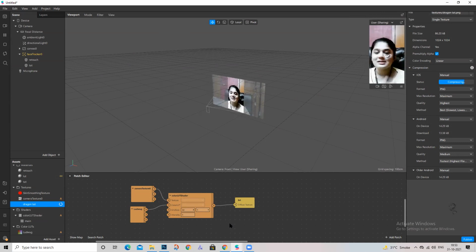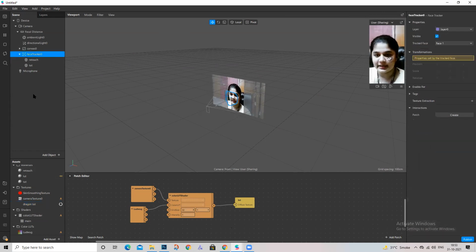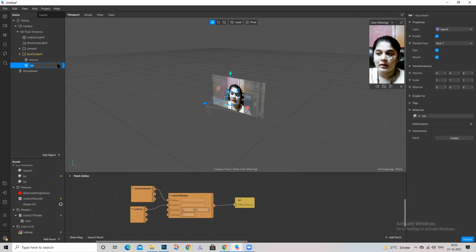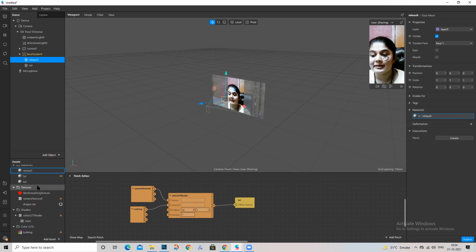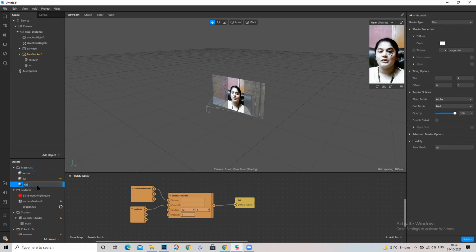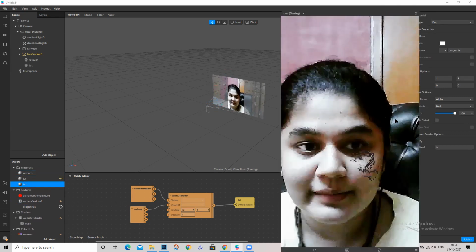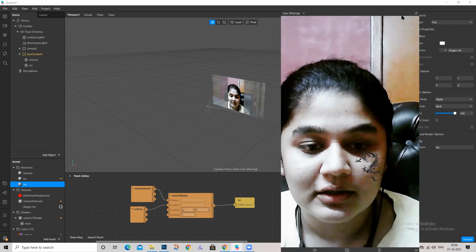Okay, so the thing is, this is not the tattoo feature, this is a texture. You can use any type of texture over here. I'll give you an example. For eye lenses I'll show you right now. But first let me clear what you said. I used face mesh here, and in the face mesh I used a material. Now in the material you can use any sort of material. It does not have to be a tattoo. Do you get what I'm saying? Yes. It does not have to be this.